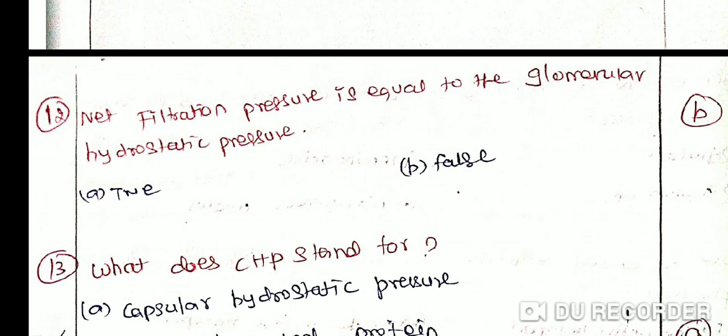Net filtration pressure is equal to the glomerular hydrostatic pressure. Option A, true. Option B, false. The correct answer is option B, false. The explanation: net filtration pressure of the glomerulus is equal to glomerular hydrostatic pressure minus blood colloidal osmotic pressure plus capsular hydrostatic pressure. It comes out equal to 10 to 15 mmHg. Next question: